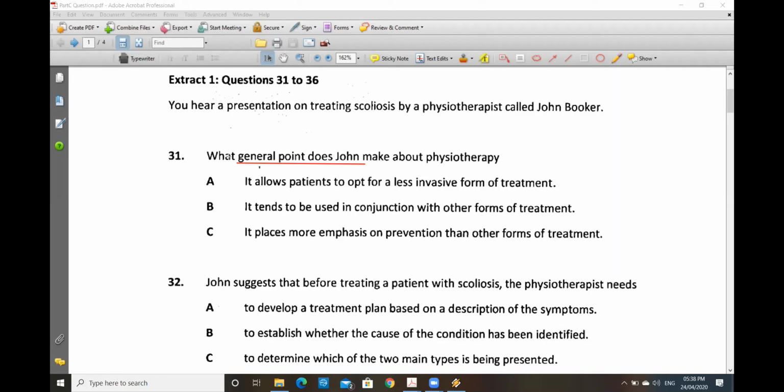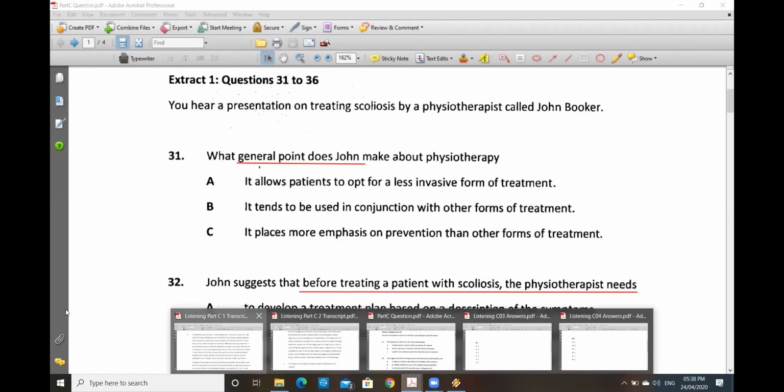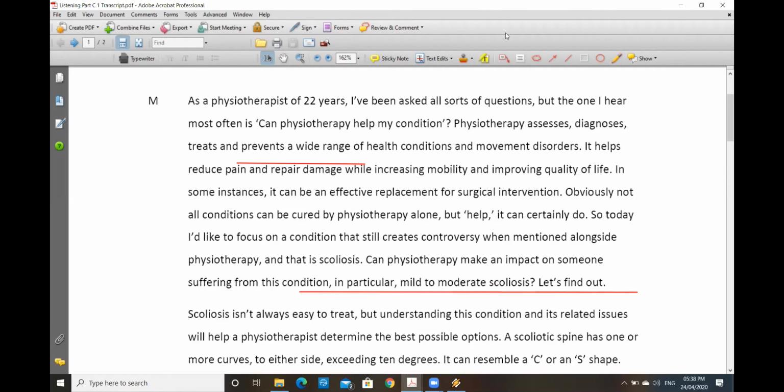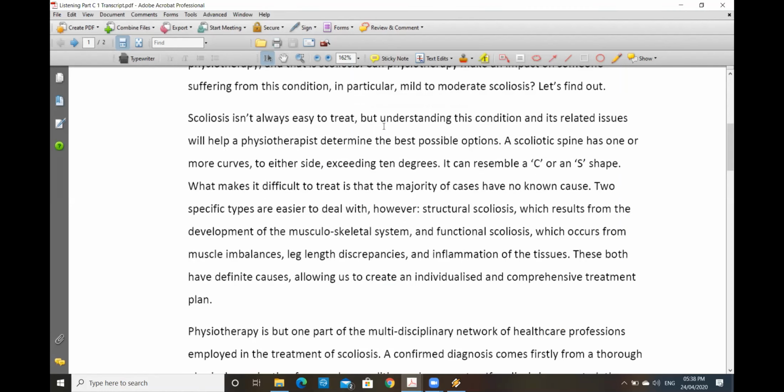Okay. Then the second one. John suggests what we should do before treating. So here, he was explaining how usually it is difficult to establish the cause, but in certain types of scoliosis, it can be determined. Basically, there was nothing about the symptoms as such. So he was trying to explain that